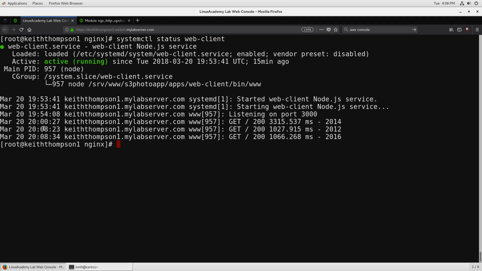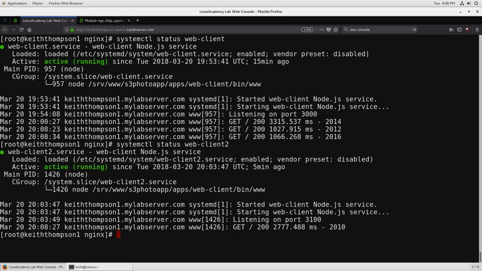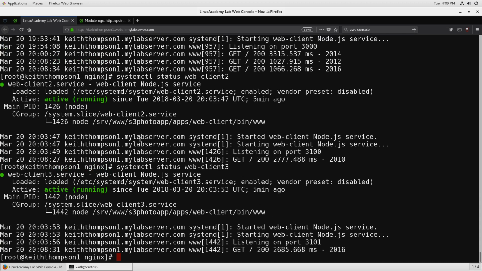And we can see that we made a request at 8:23 and then also at 8:34. But if we check out client 2, you can see that we made an intermediate request there that was at 8:27. So we went from going to web client 1 to web client 2. And then in between the 27 and the 34 up here, we had a 31 right here. So you can see that what it's doing there is distributing the traffic based on whichever one was the last one. And that's because the load balancing that is done through the upstream module has different load balancing methods that